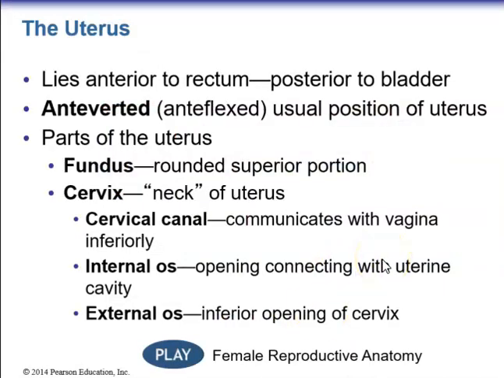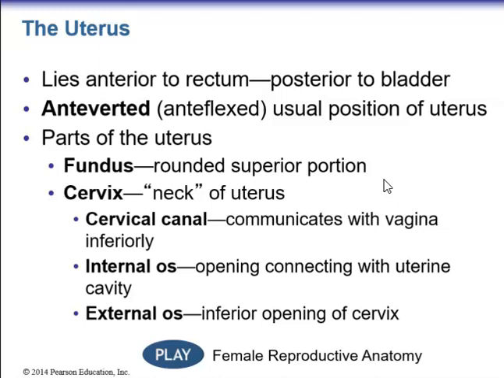So the uterus lies anterior to the rectum, but posterior to the urinary bladder, as we saw in that mid-sagittal section of the female reproductive organs. The normal position of the uterus is anteverted, anteflexed, and we'll talk about that in just a little bit. So parts of the uterus include that rounded dome-like structure, which is the superior portion of the uterus called the